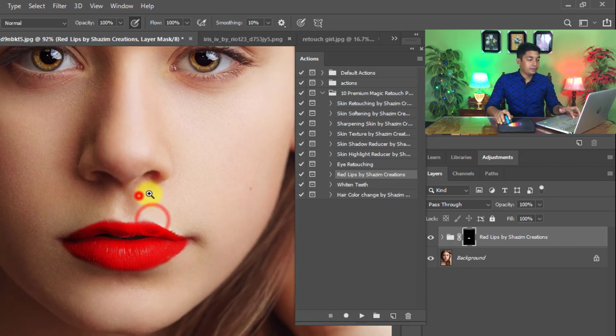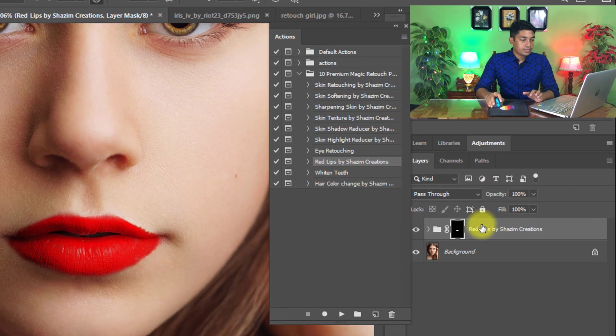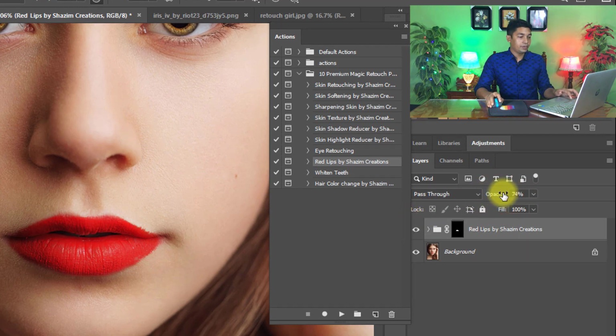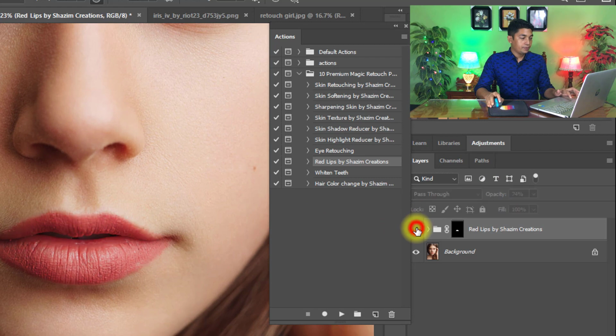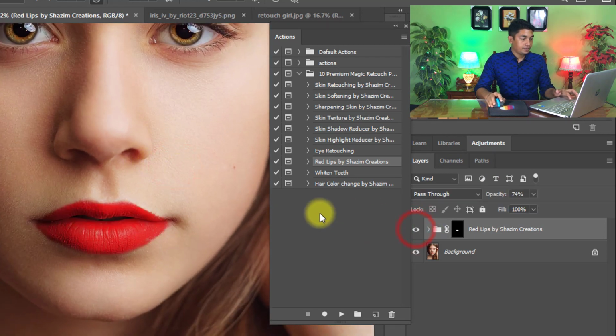That is really a realistic lipstick color. You can decrease the opacity of the lipstick color from here. That is the before and that is the after.